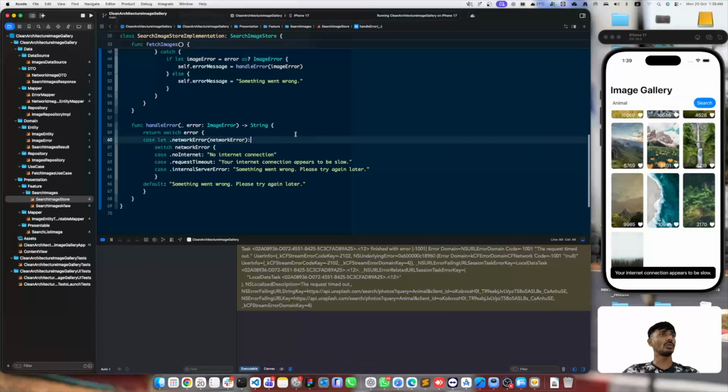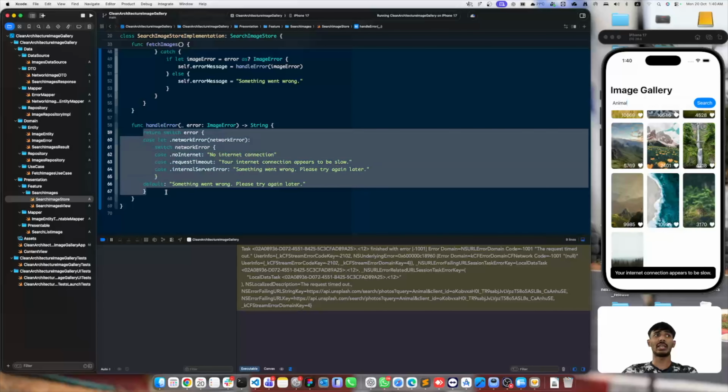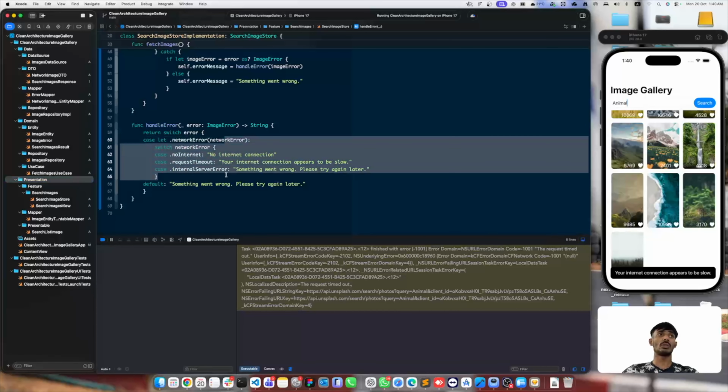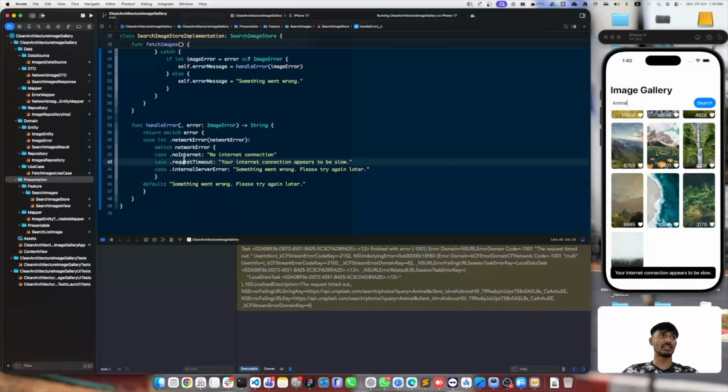One more thing we can do here is, let's say this is for the search screen. What if you have another screen where you show the detail of an image, and there also you will get the image error instance, and it doesn't make sense to go and create the same set of code again in that screen's respective store? So what we can do is, since we know this is the error message we're going to display for these cases,